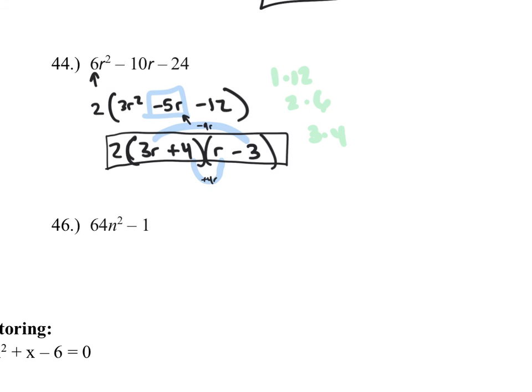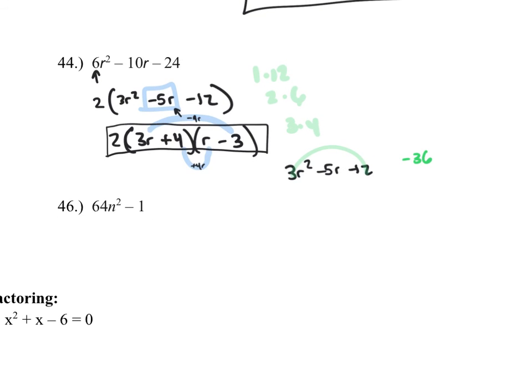The other method that we saw of doing that was this. If we had 3r squared minus 5r minus 12, we multiplied these outside terms to get 36, or negative 36, and then we could go back to finding numbers that multiply together to give me 36 that add to a negative 5, and those would be a negative 9 and a positive 4, and then we could do it with factoring by grouping,